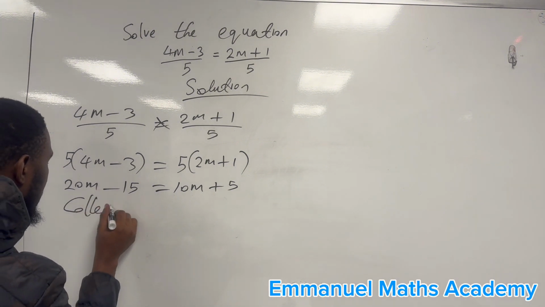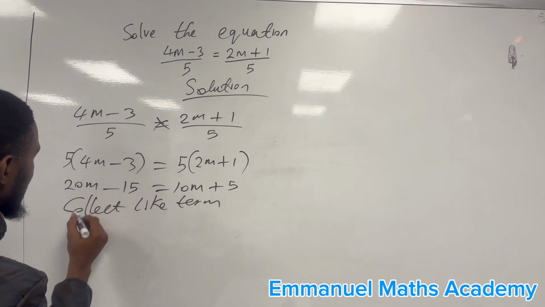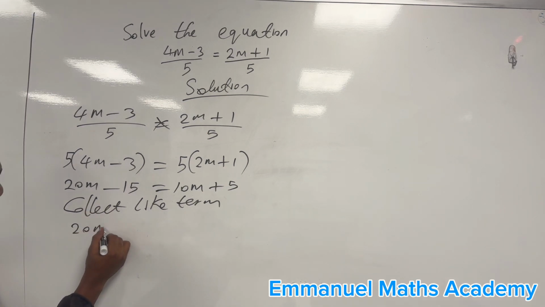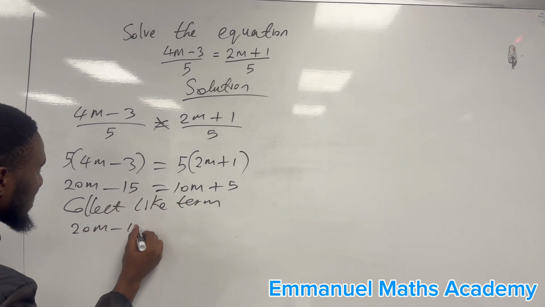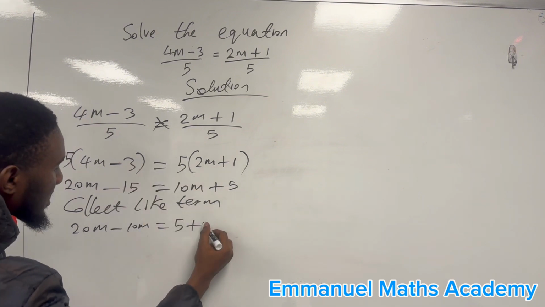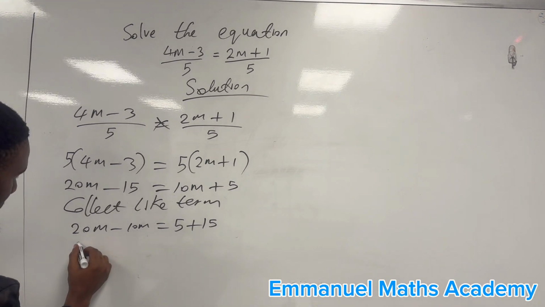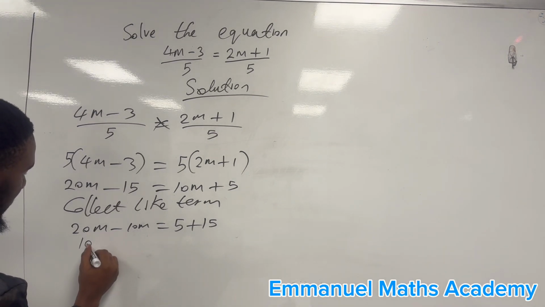Collect like terms. Hence you have what? 20m, this will come to this side, minus 10m equal to 5 plus, this will come to this side, 15. What do we have? We have 10m